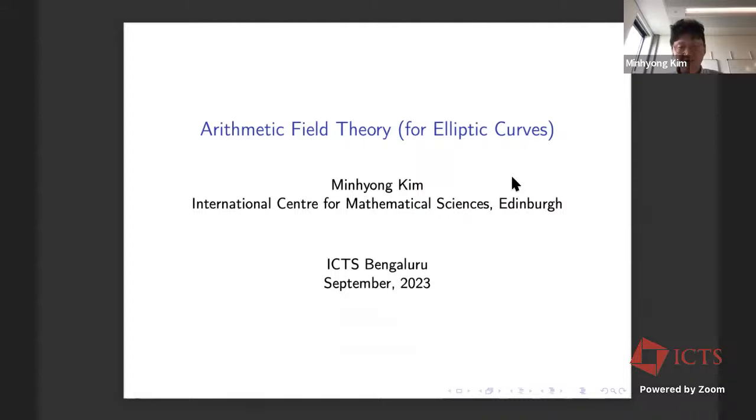So I'm going to talk about this notion of arithmetic field theory, and it's taking off somewhat right now. I think it's becoming sort of interesting due to other people, not necessarily me. But I guess I proposed this collection of ideas surrounding this a number of years ago. Didn't do much with it, but it seemed to be turning into something more interesting these days. So I thought it might be worth talking about it here. But because this is a conference on modular forms, I'm going to focus a little bit on the case of elliptic curves and modular curves.